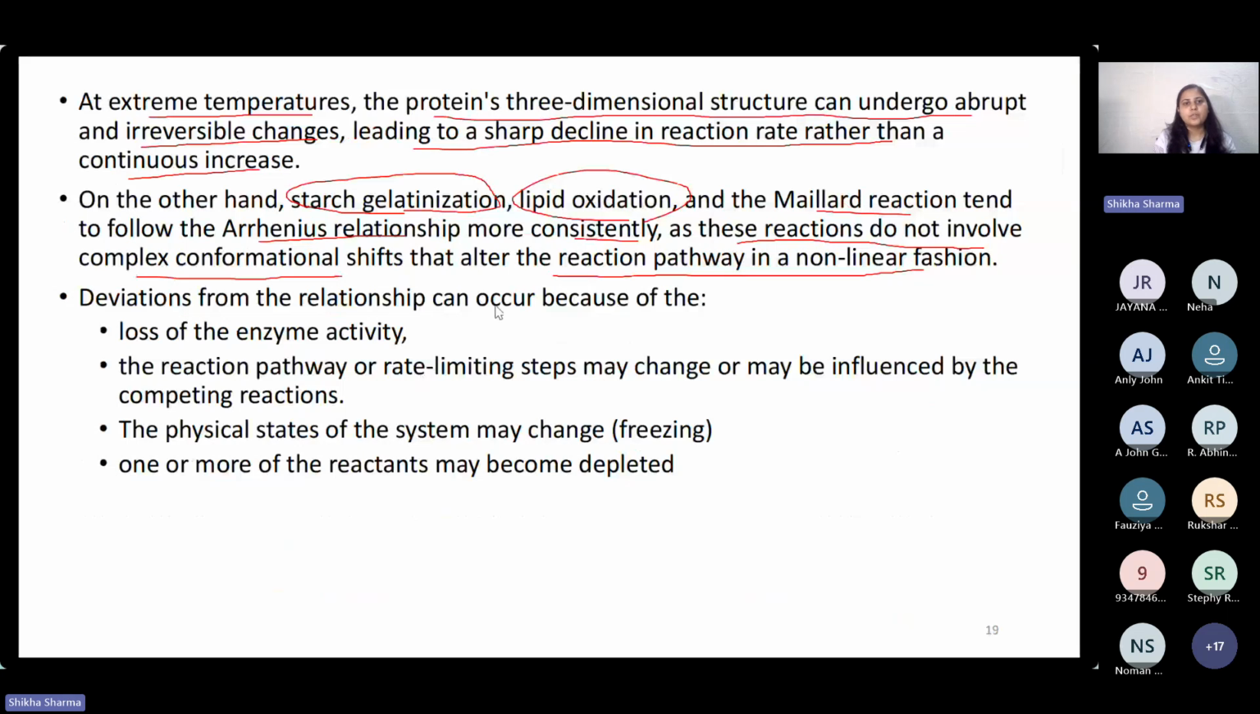Deviation from the relationship can occur because of the loss of enzyme activity. Enzymes are proteins, so when we carry out some reactions, these enzymes will denature, change their structure and lose their function, so the rate of the reaction will change. The second is that the reaction pathway or rate-limiting steps may change or be influenced by competing reactions. Third, the physical state of the system may change, in freezing,